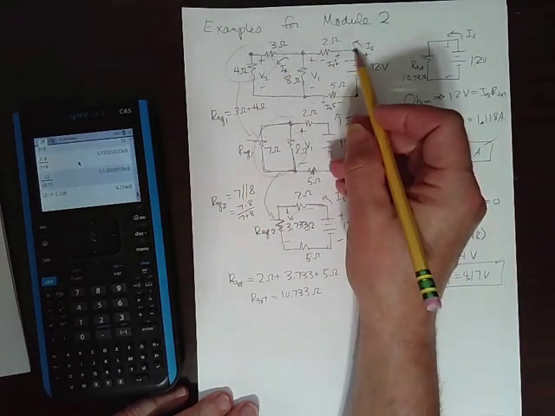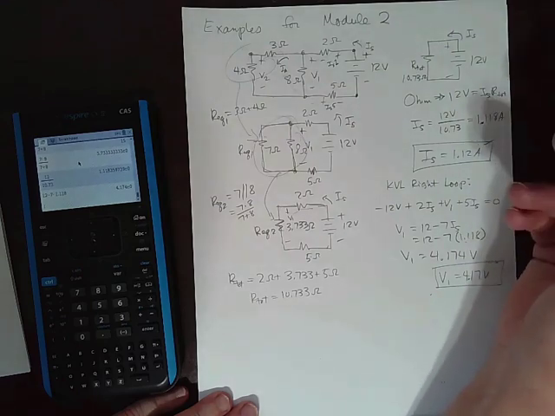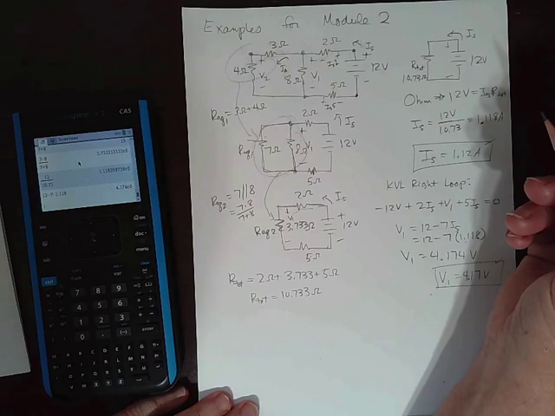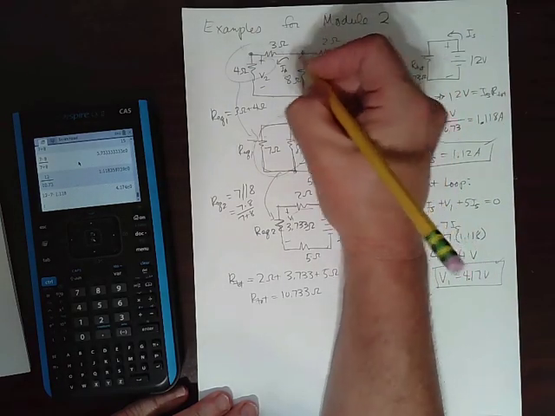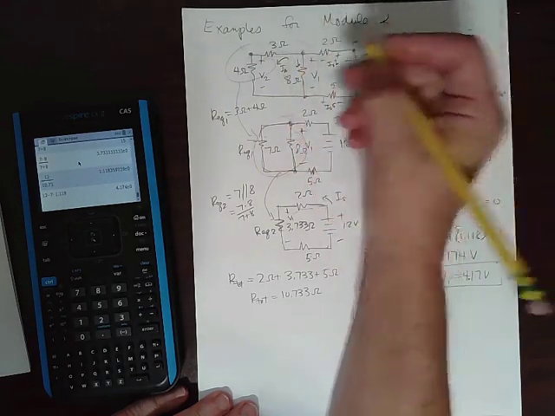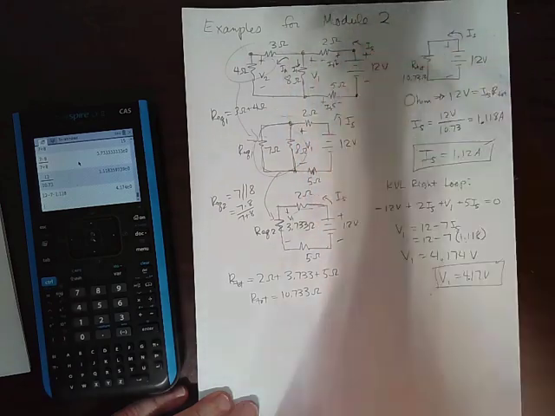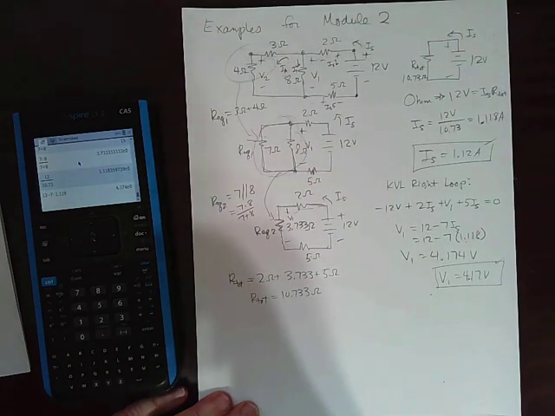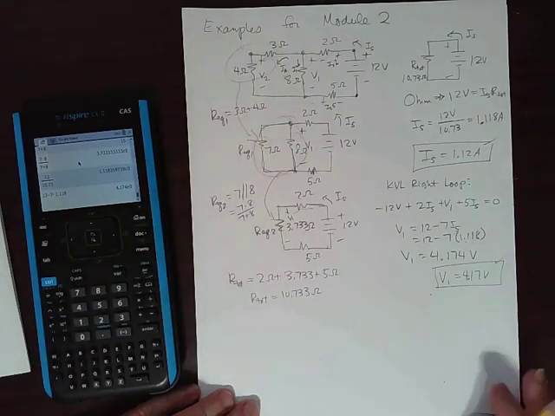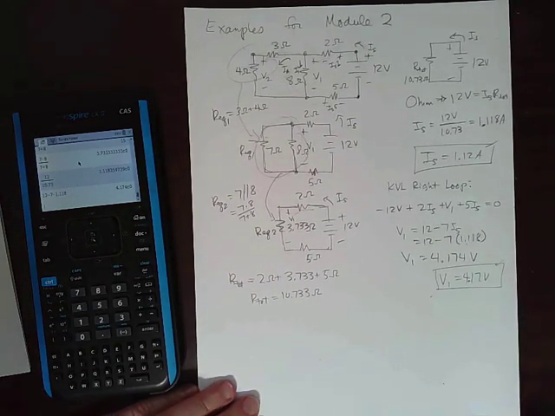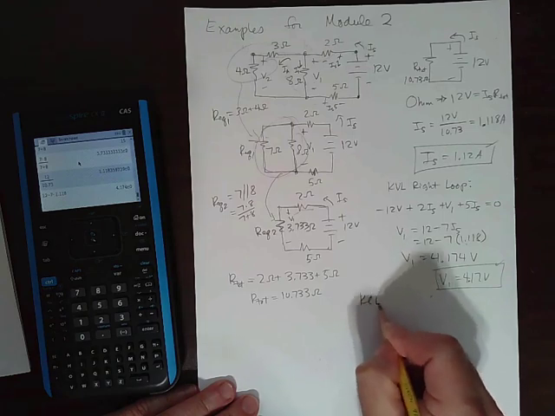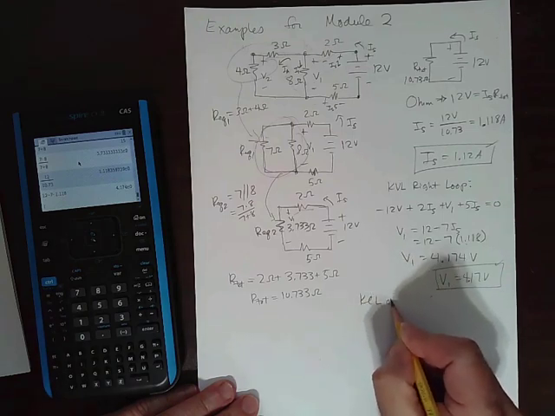But we don't know that current. We don't know the current here. We know IS. So we probably should find the current here. I'm going to have to do another name. Let's call that I1, I guess, because it's going through the same thing that has V1. All right, so if we knew I1, we could figure out IA, and then we could get V2. That's a plan. There are many ways to do these equations, but let's do KCL at top center node